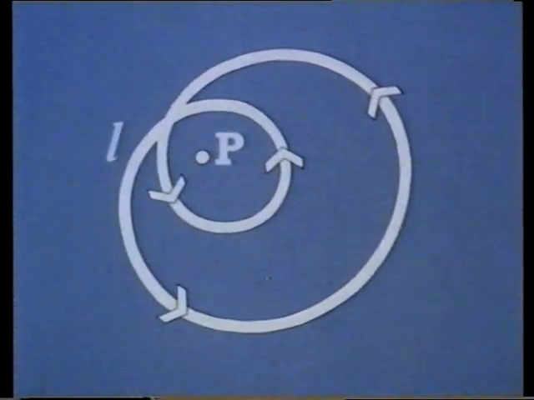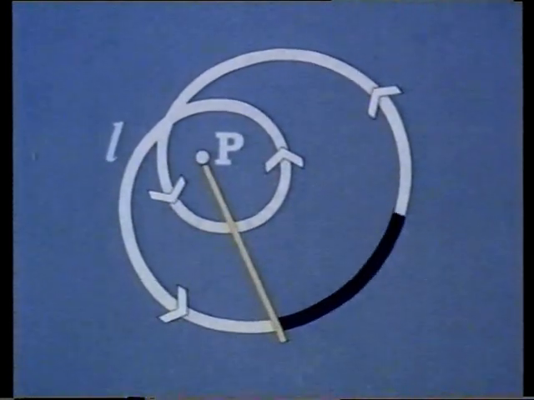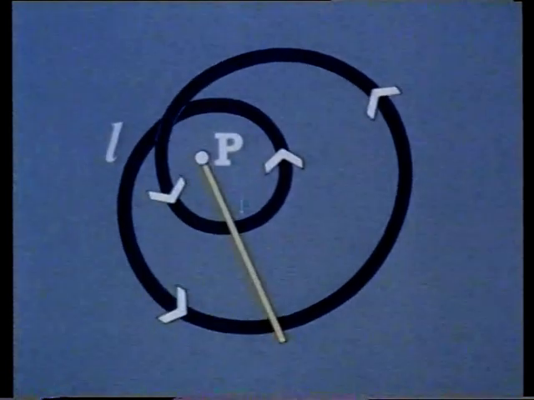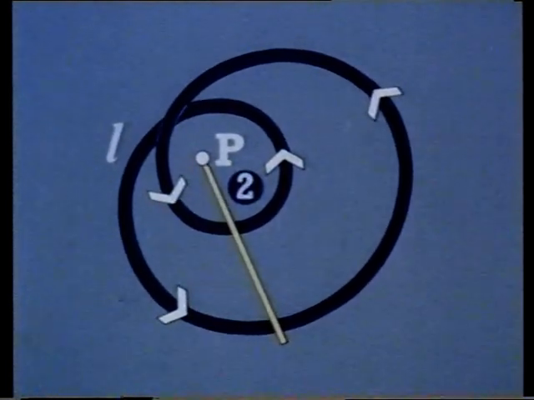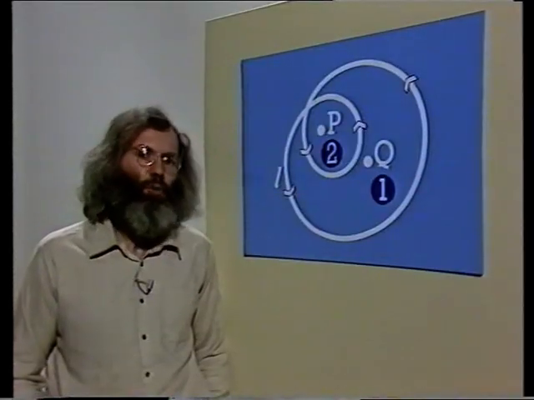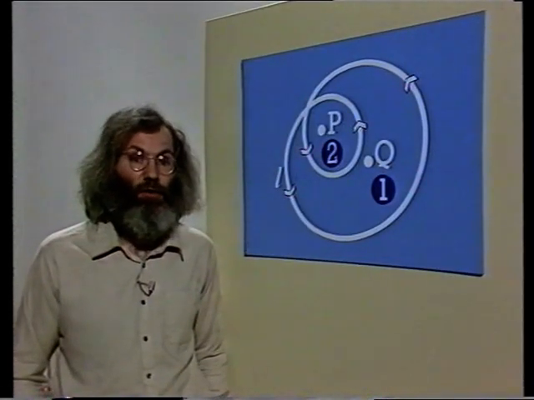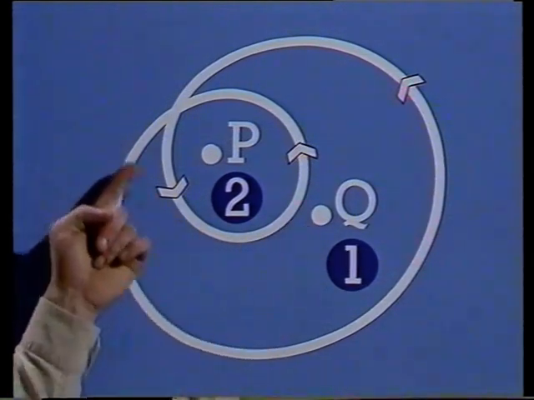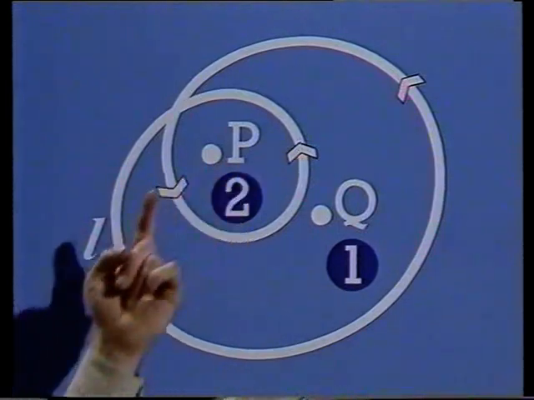You may be familiar with the intuitive definition of winding number. The number of times a loop L circles a point P. In this case, the answer is 2. Mind you, the winding number depends on the position of your point. About this point Q, it's only 1, because Q's outside this inner loop, so this bit contributes nothing to the